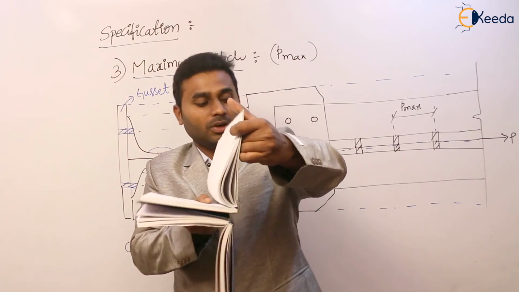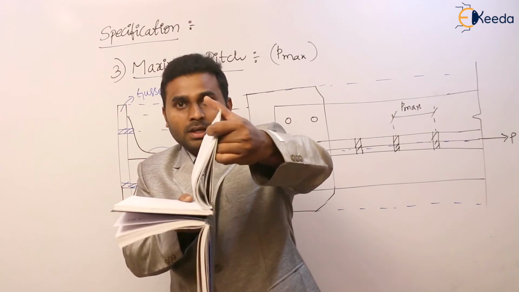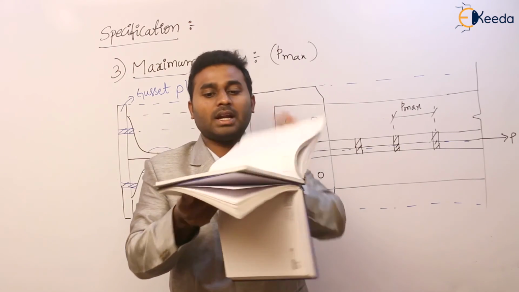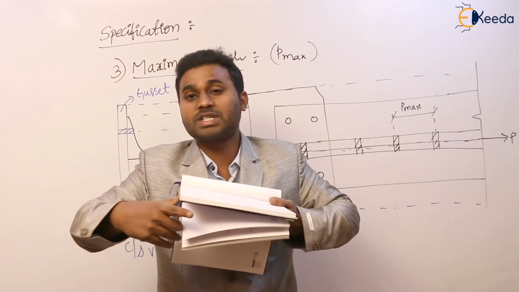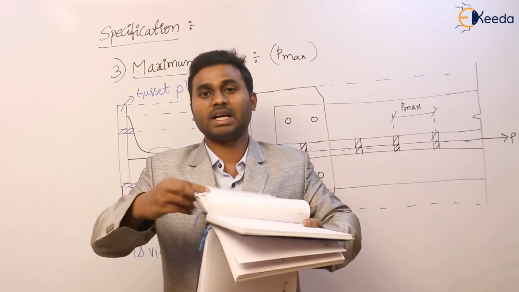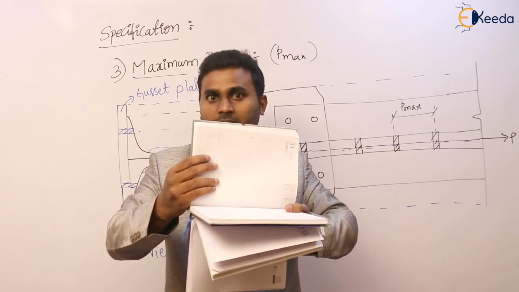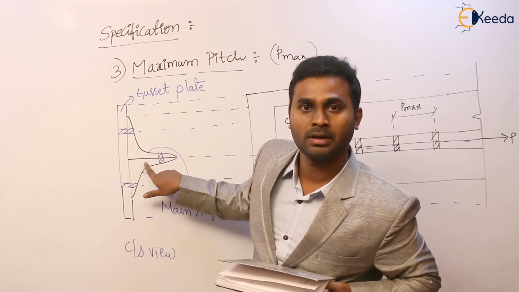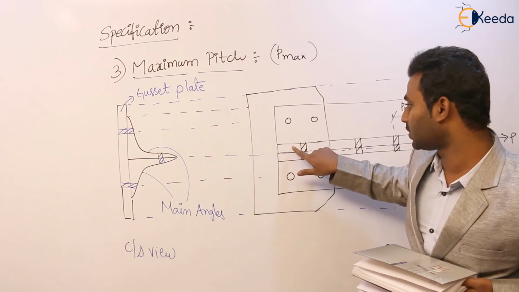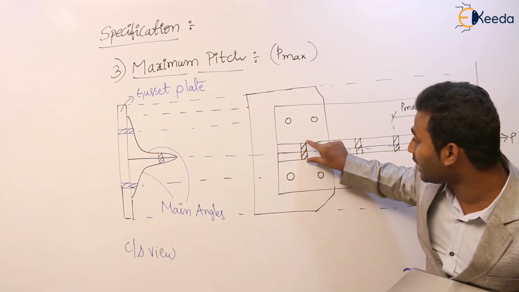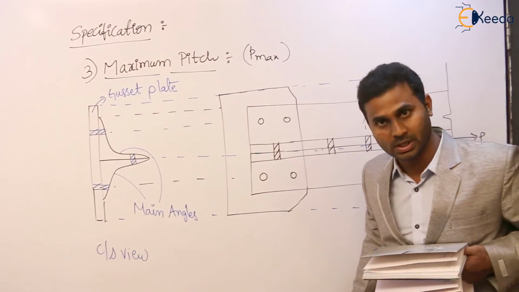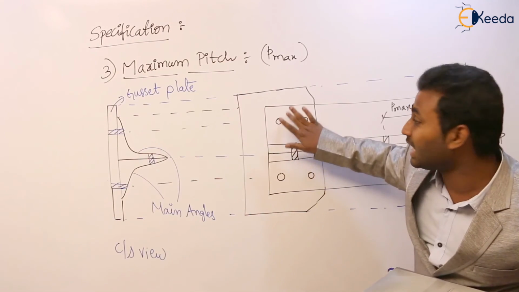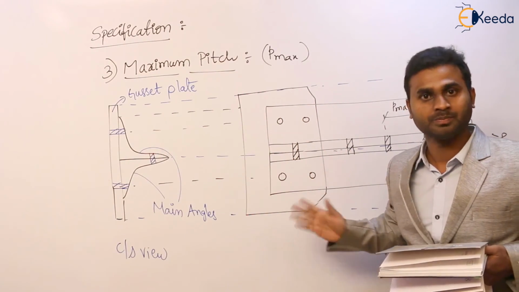So this is the cross-sectional view. Of course there exists a gusset plate here. Now the bolts we are going to provide here are structural bolts, and the bolts that connect this outstand, actually this is the outstand. This leg is called the connected leg, because this leg is connected to the gusset plate. So this is a connected leg and this is the outstand, which is perpendicular to the board in this case. The bolts provided in this outstand are known as tack bolts. And the bolts used to connect one leg of the angle and the gusset plate are known as structural bolts. Now is it clear or not?